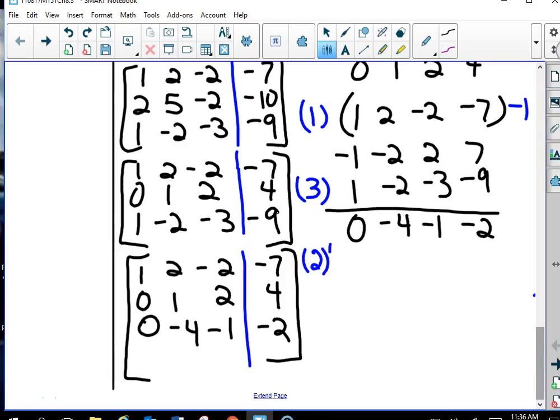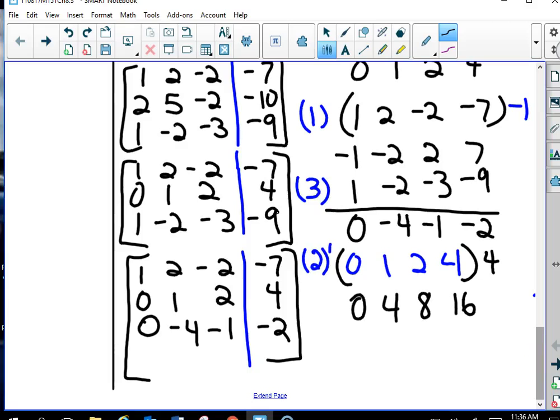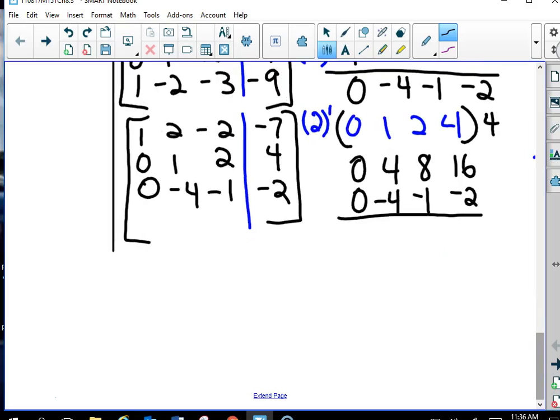My new row 2, which is 0, 1, 2, and 4, I'm going to multiply that by a 4, and then combine it with row 3 to cancel out the middle, which is the y. Zero, 0, 9, and